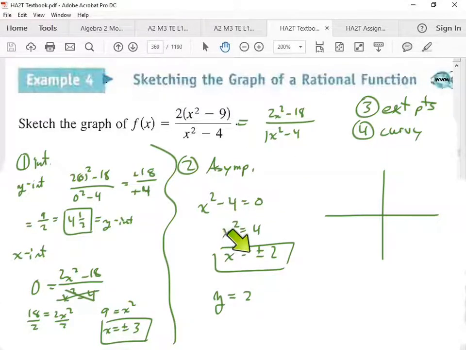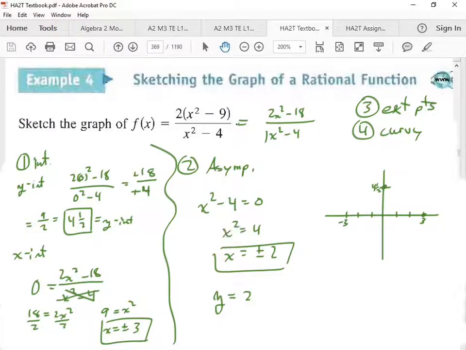All right. We have vertical asymptotes. Got our intercepts. Let's put our intercepts on there. 4 1/2 is our y-intercept, so let's put a number right here. That's 4 1/2. And we got positive 3 and negative 3 for our x-intercepts. 1, 2, 3. I'm being really nice with my x's because I saw into the future that I have 2